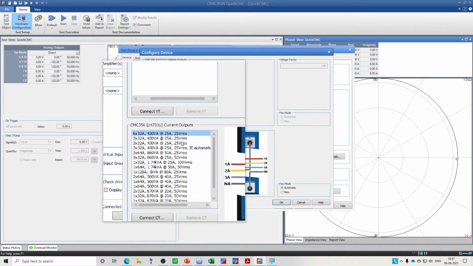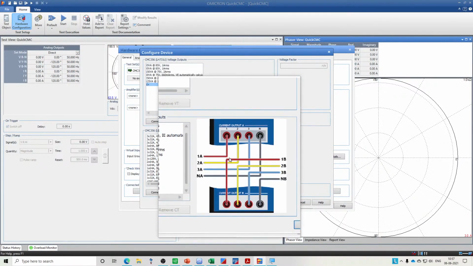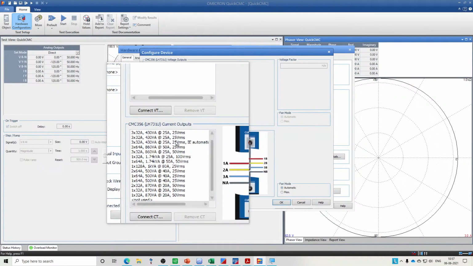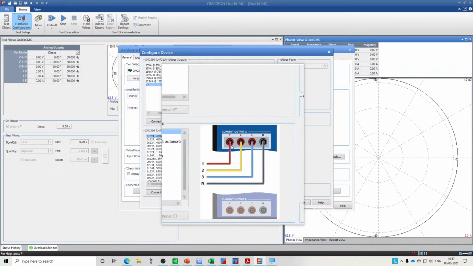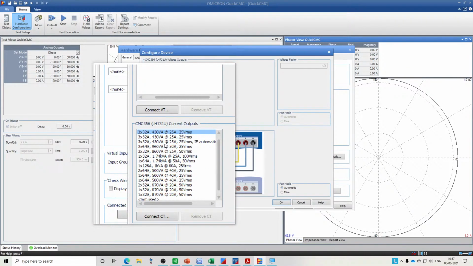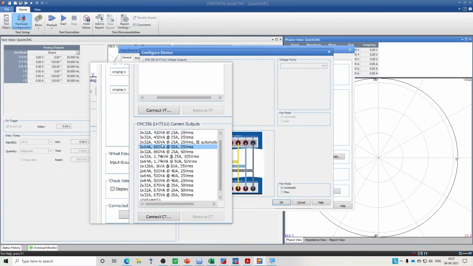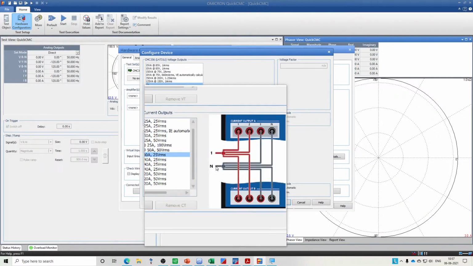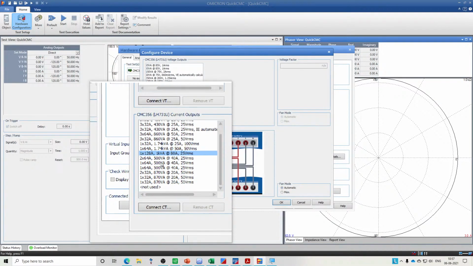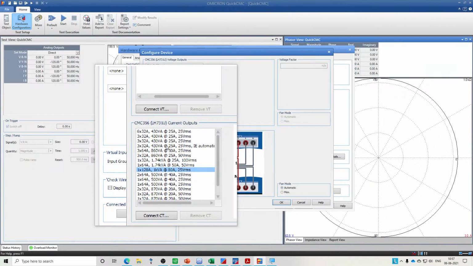Now here you can have multiple configurations of your current outputs as well. I can have all 6 current outputs, or I could have a particular 3, that is channel number B, or I can have channel number A, or I could have paralleling of both channels to give me 64 amps at a higher burden. I could have a single phase 128 amps if I connected it in such a way. Or, and this is something that a lot of people don't know, if I'm testing both overcurrent as well as earth fault protection, I could have